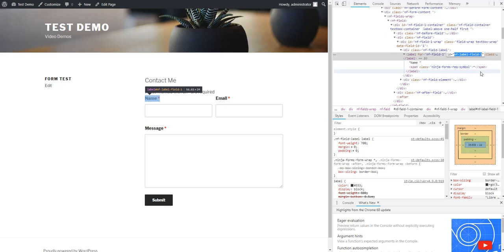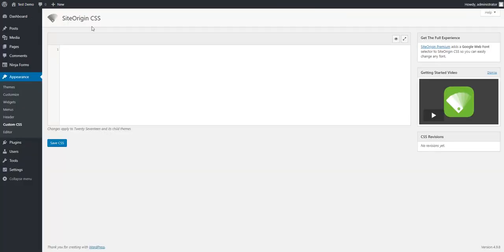So we're going to copy this. Okay, and we're going to come back to custom CSS, put a hashtag and place this, open curly braces, close curly braces, and hit enter. Okay, so this is 1,